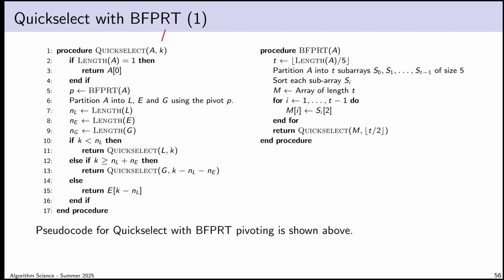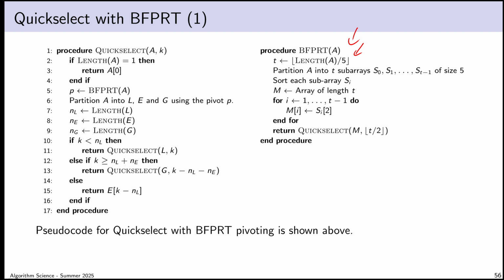Okay, so you give me an array A and you give me an index K. I'm going to have my base case as usual, and then I'm going to call my BFPRT pivoting function to find a pivot, and then do the rest of Quickselect as before. Now the pseudocode looks a bit different just because I've had to adjust the length of lines to fit in this other pseudocode. Now, over here in my pivot selection rule, what I do is I get the length of